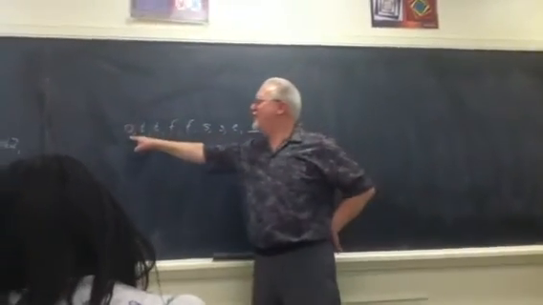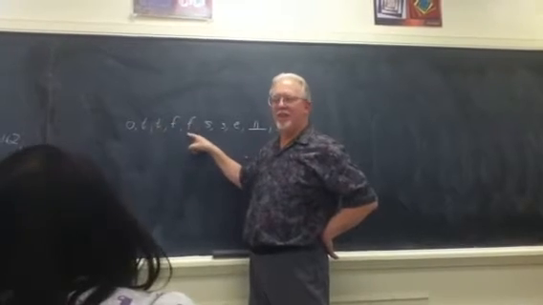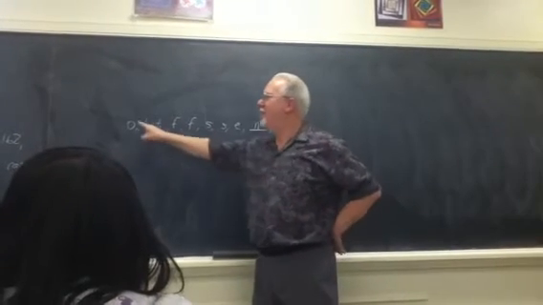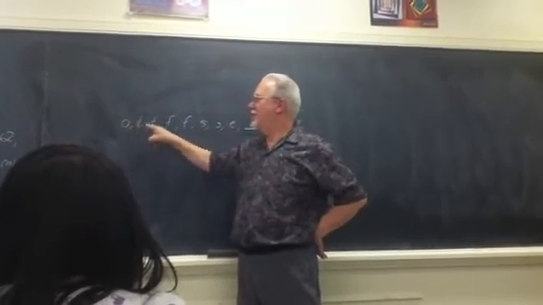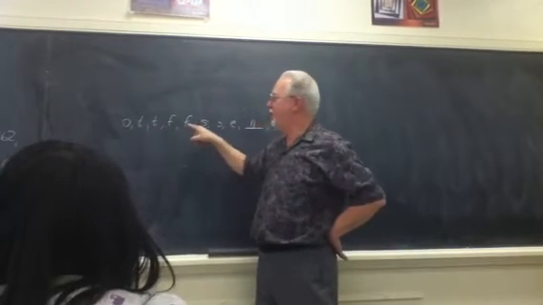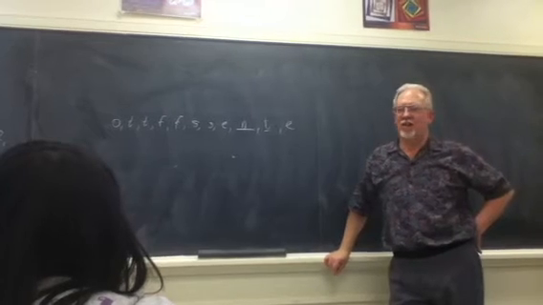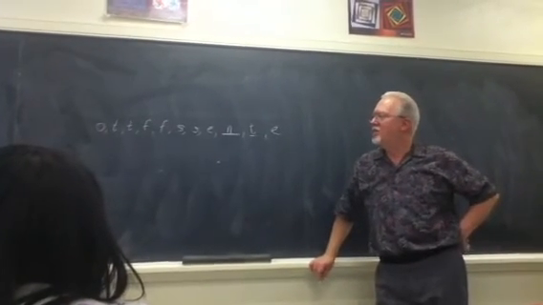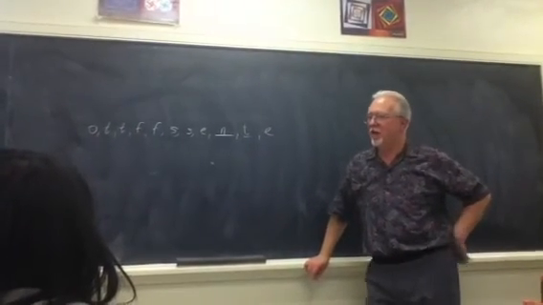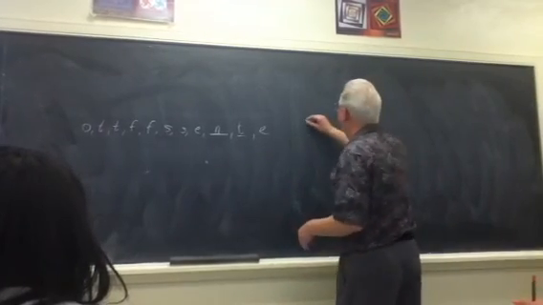Okay, you're looking at the first letter of the spelling of each number. 1 starts with O, 2 and 3 start with T, 4 and 5 start with F, and so on. So you're looking at the initial letter of the spelling of the numeral. Okay? All right, here's a little different